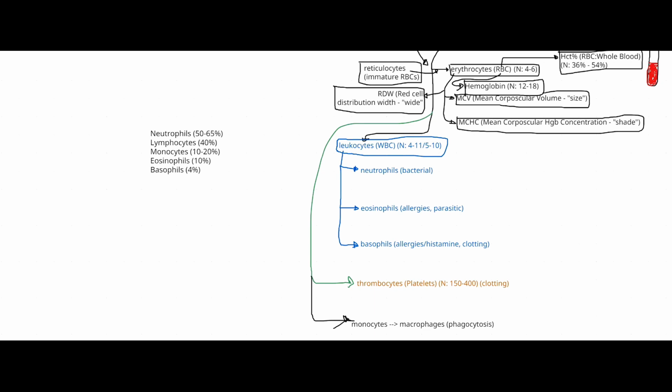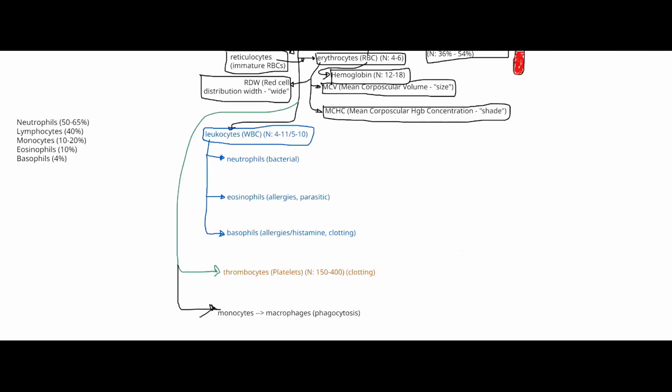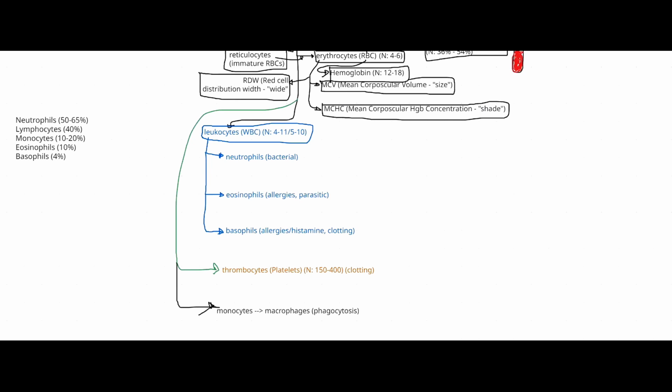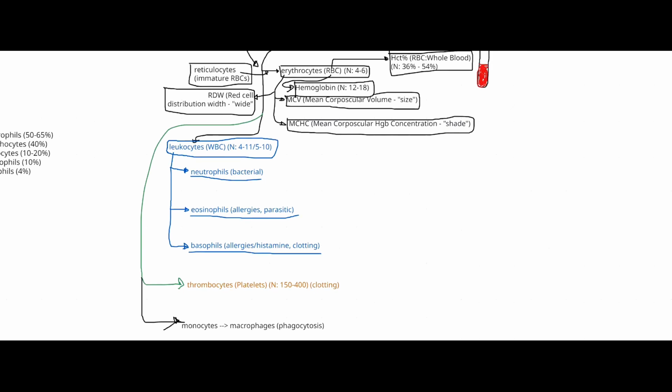eosinophils or basophils. Okay. Now here in the lymphocytes, we've said that neutrophils is increased when there's a bacterial infection. Eosinophils is increased when there's an allergic or parasitic invasion. Basophils when there's histamine or clotting issues. Now here on our lymphocytes, let's talk about the two different kinds of lymphocytes,